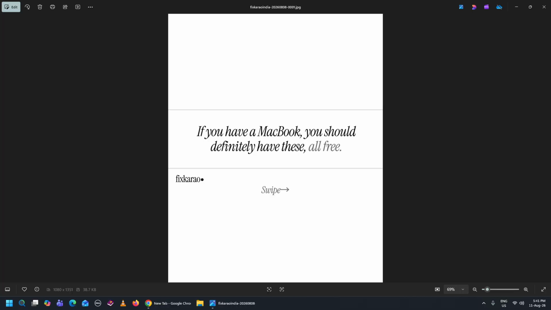The last time I did this was for Windows, and I had free programs like Local Send, which is literally the AirDrop for Windows. It had antiviruses. I think it had registry cleaners. It had a bunch of stuff. So this is for the MacBook, or macOS.